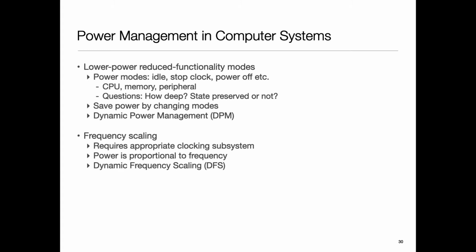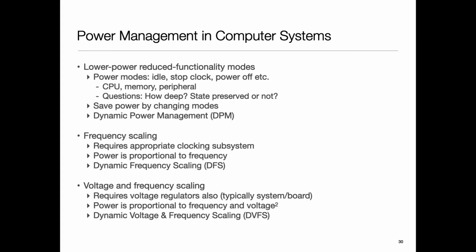Dynamic frequency scaling refers to scaling that frequency so that I can change the performance of the system. For example, if at some time low latency is needed, I will boost the clock frequency. At other times, if I can be more leisurely, I'll lower the frequency. It's kind of obvious. Getting it right is not necessarily that easy, because I have to manage the change and decide when to change it. If I am too slow in reacting, I may miss deadlines, or the user may get annoyed. All those kinds of issues come into play. So that's the idea behind frequency scaling, and in particular, dynamic frequency scaling.